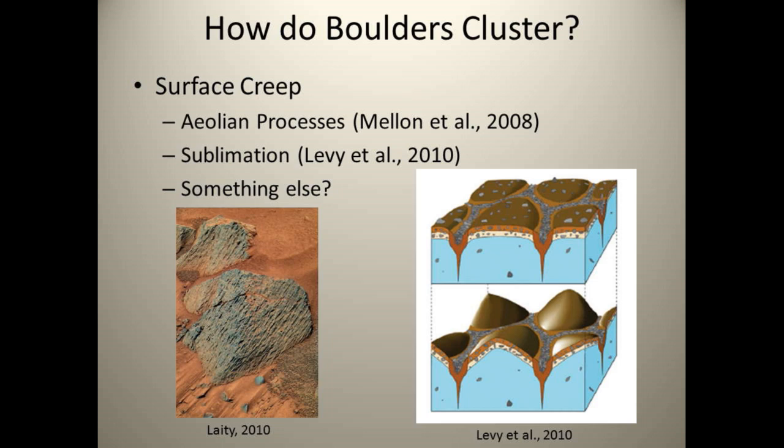Sublimation is thought to cluster boulders in a certain fashion here on Earth. I definitely support this idea here by Levy et al. However, on Mars, once we've clustered these boulders into the troughs, as shown, you'll invert the topography because the ice in the polygons no longer has the protection of the boulders. And so this will preferentially sublimate, leaving these boulder tracks, and will invert the topography. And that's the proposed explanation for what makes the rubble piles themselves.